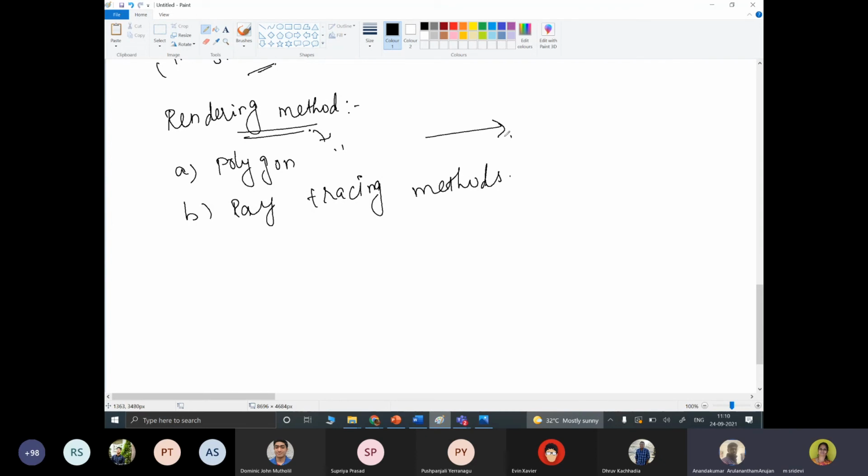The objects we have considered will be in the form of a polygon mesh, and with that we are going to render the object. Each polygon can be rendered in two different ways. The first way is rendering of the polygon by single intensity, or the intensity can be obtained at each point of a surface by using the interpolation method.